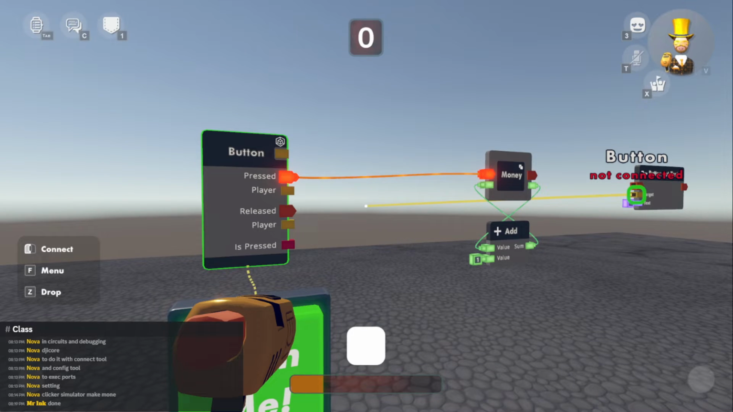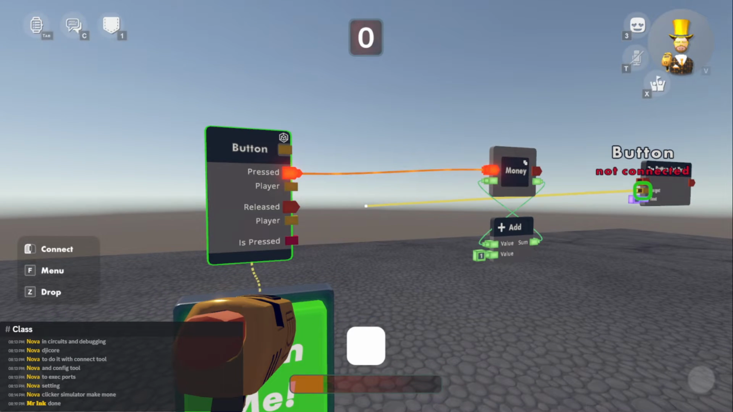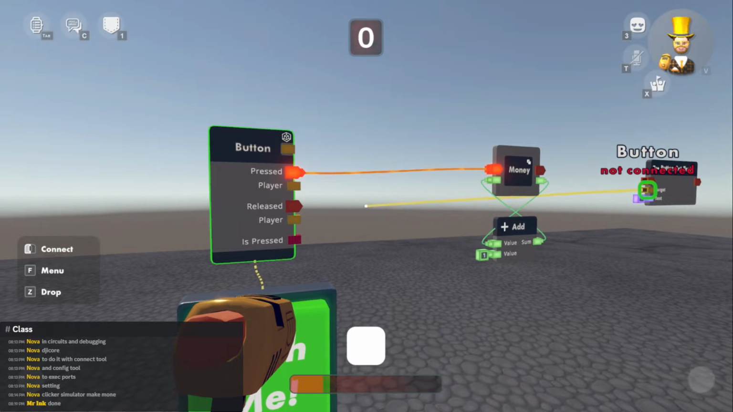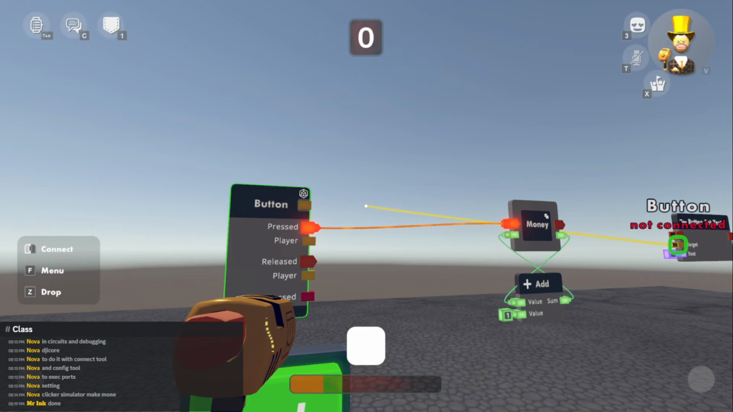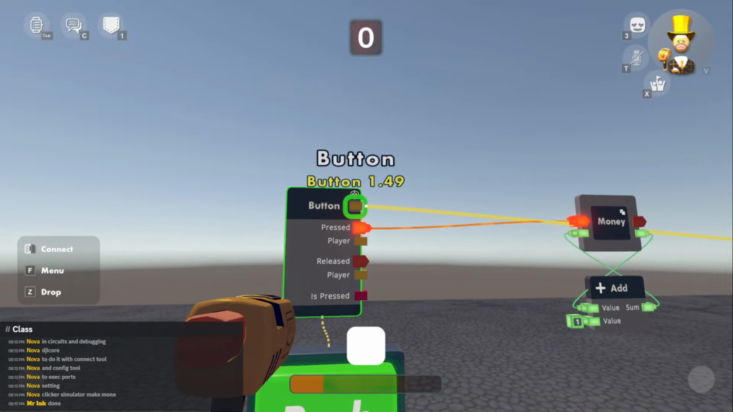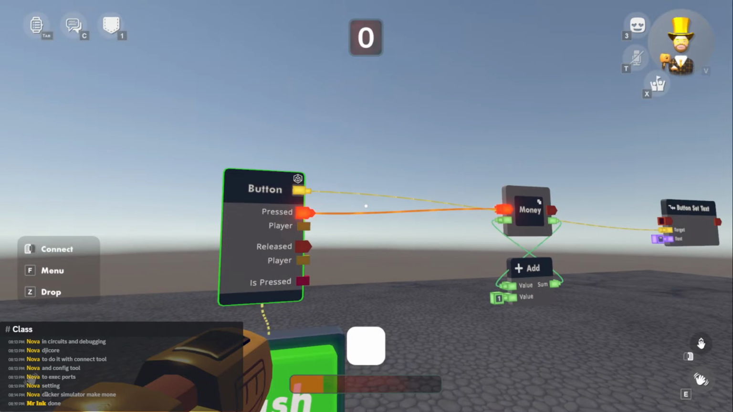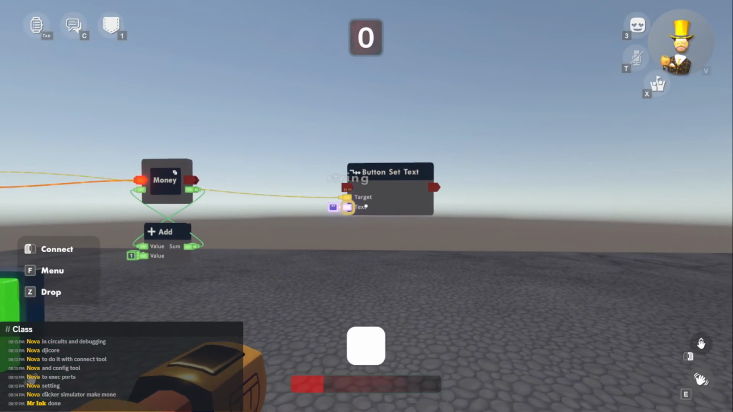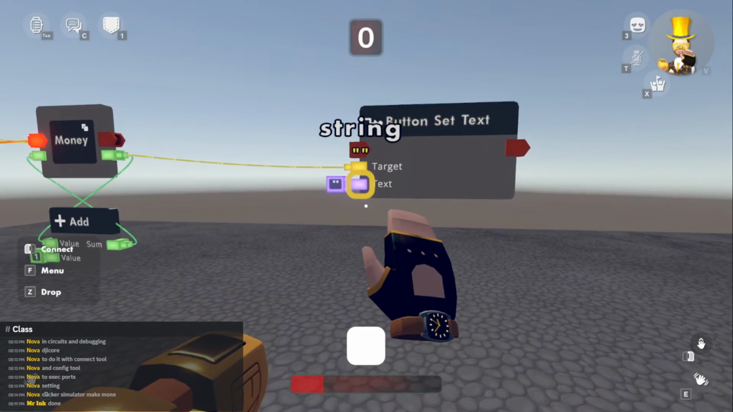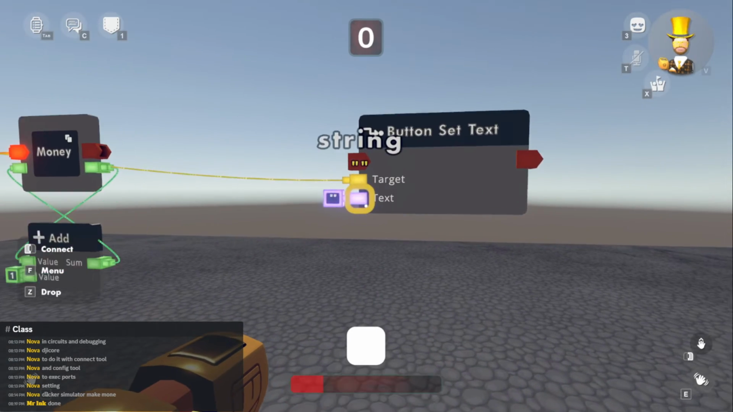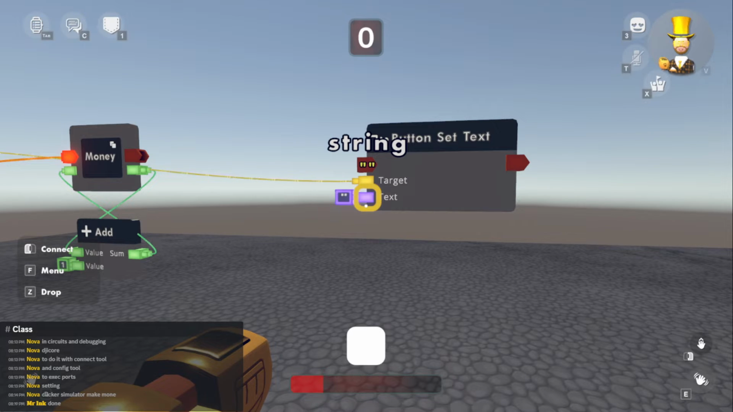Pretty much every component that you can interact with has one of these, and it is how you change things about that component. So for this, we want to select the button. So now the button is in here. And then we see another port that is called text, and this is a string. So a string is basically just plain text,